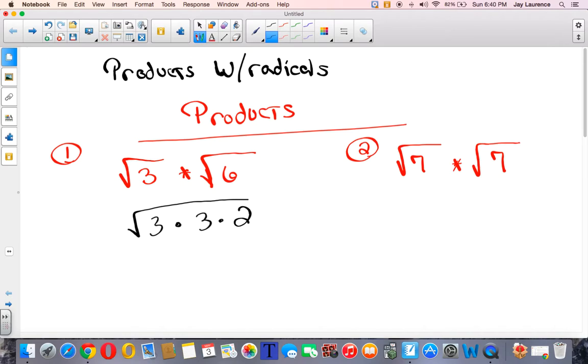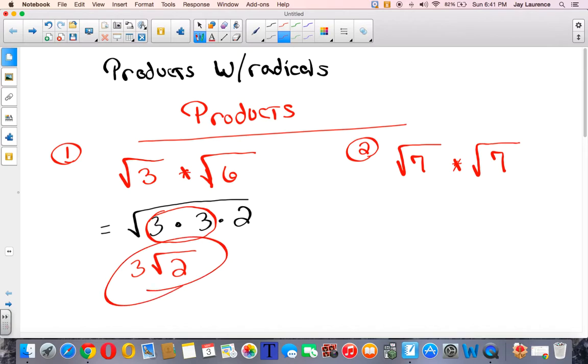So what I'm suggesting to you is rad 3 times rad 6 is really the rad of 3 times 3 times 2. Well, why would I think about it that way? Because now I have a date. I have a pair of 3s that could leave the house, and the 2 is left inside. And there you go. So the simplest product of rad 3 times rad 6